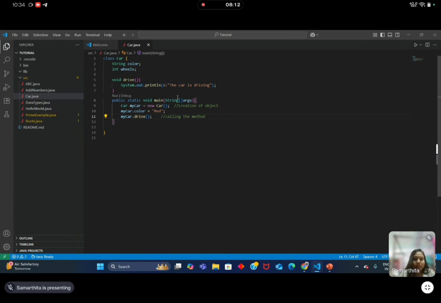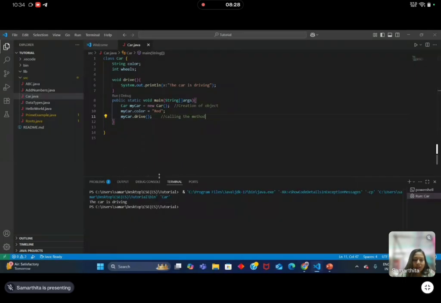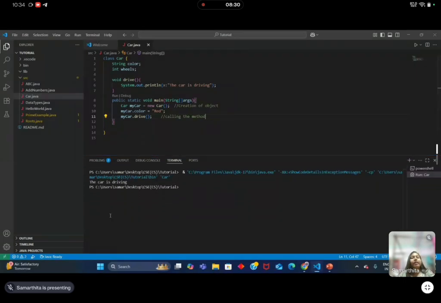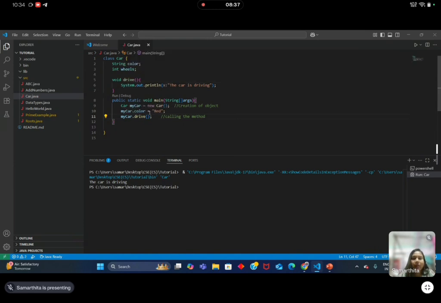If I run it now, you can see the output is coming: the car is driving. I have not printed a statement for what the color is. I have declared it, but I have only given the print statement that the car is driving.